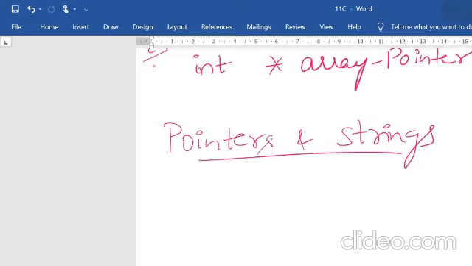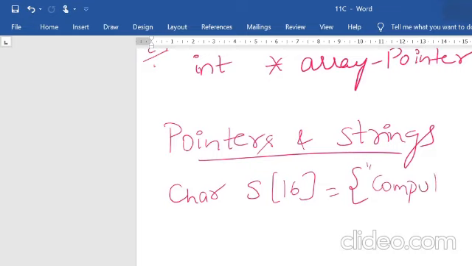For example, let us say we declare a character array S for string, and we will be using the words computer science. This is an initialization, right? Now if you want to declare it as a pointer, how do you do that?